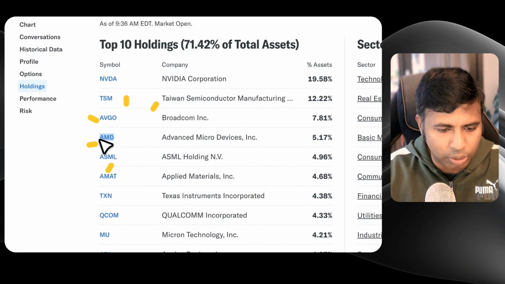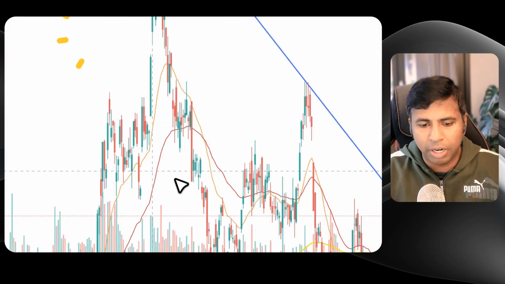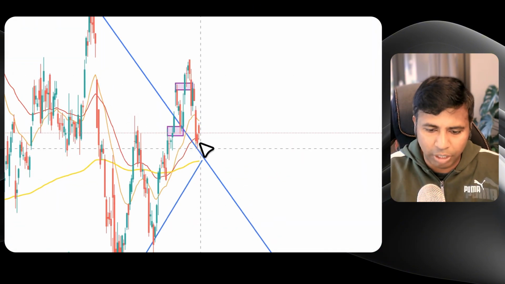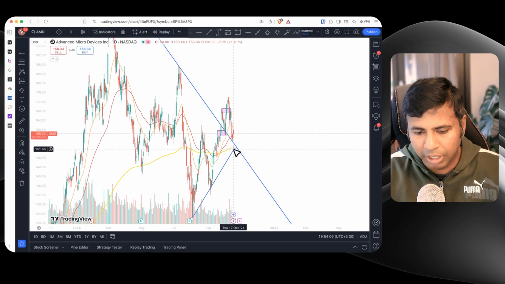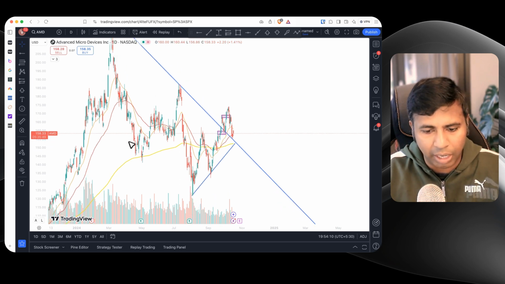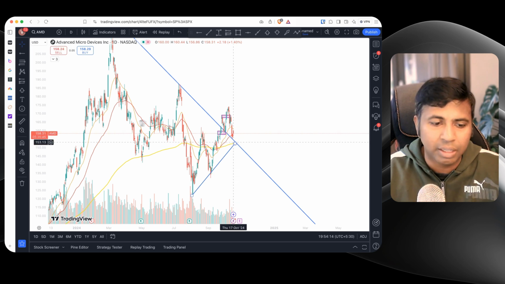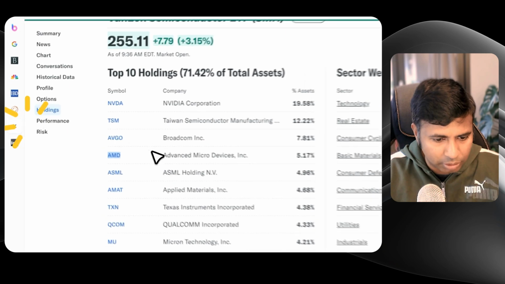The first one in this one is AMD. AMD, you can see the stock price is very far away from its all-time high. It is also showing significant weakness, with the stock almost near its 200-day moving average. Things are not looking that great. It tried to break out from this phase, but it has pulled back again. That is AMD. The next one I think is ASML.